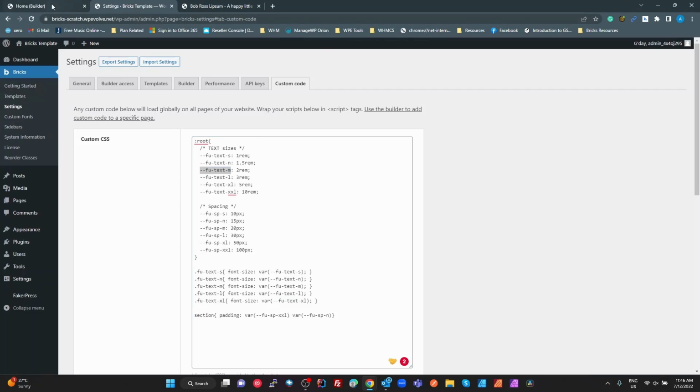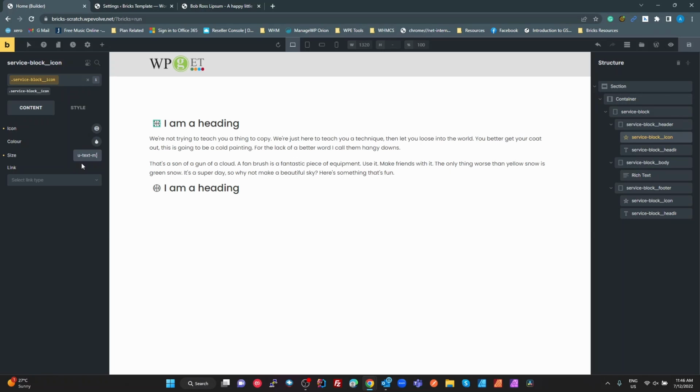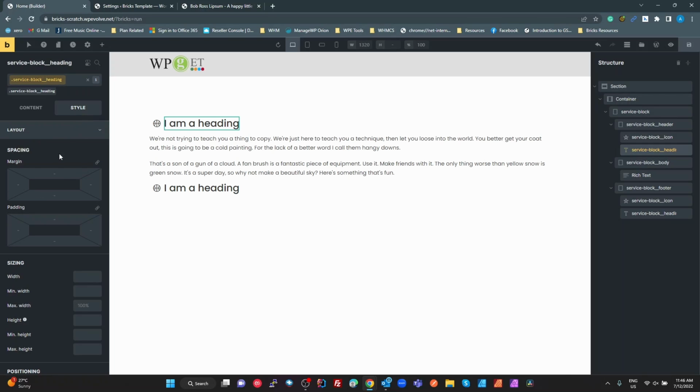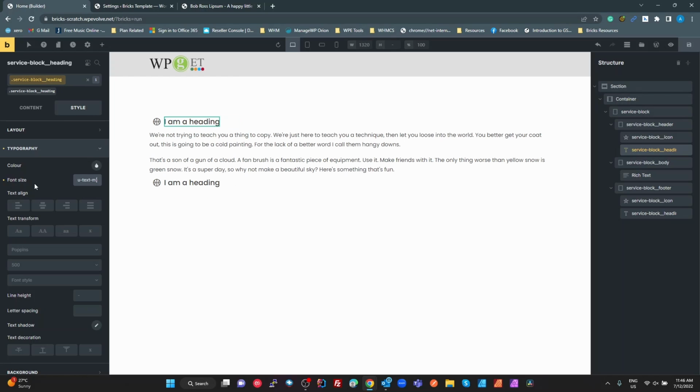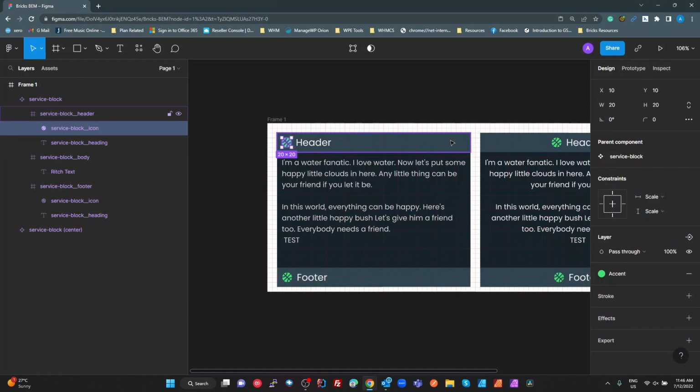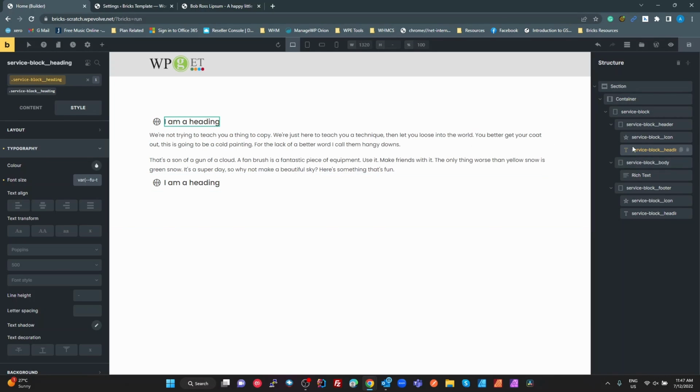go back to my icon, going to set that to var text M. I'm going to do the same with this heading for the style, typography, text medium. Okay, now what else have we got on here? We've got the background of the service block header is my secondary variation. So let's go to the service block header, and we're going to set our background